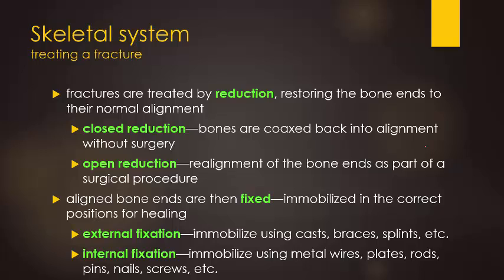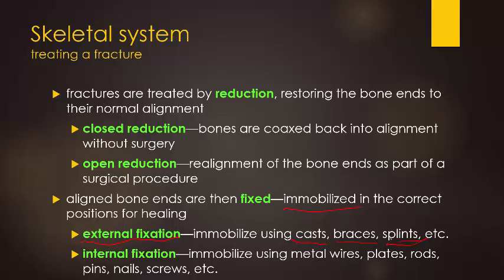So once the bones are aligned, then it's time for fixation. And so they are fixed, or that is immobilized, in the correct position so that they can heal properly. External fixation, probably the most common external fixation method, is the use of a cast. But braces or splints, other kinds of external tools, can be used to help hold the bone ends in their